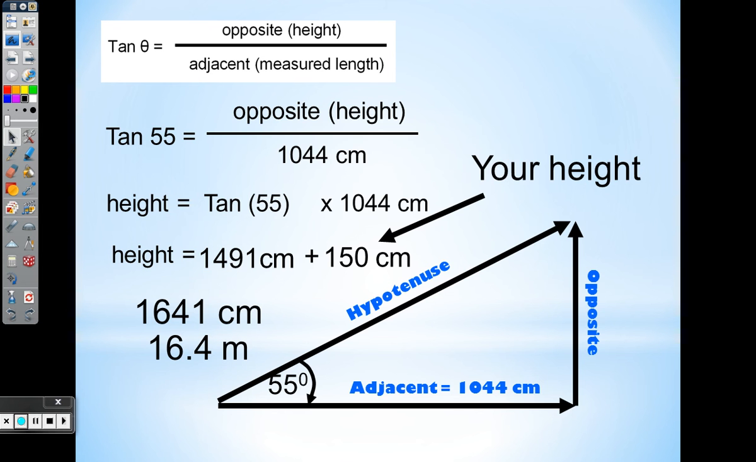14.9? I definitely didn't get that. How did we get 14.9? You do tangent 55 times 10.44. Right? Now we'll get 14.9. I still not